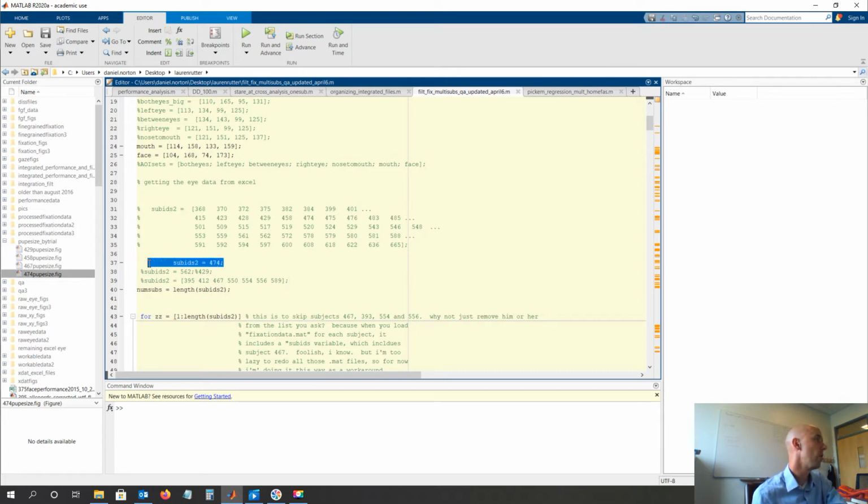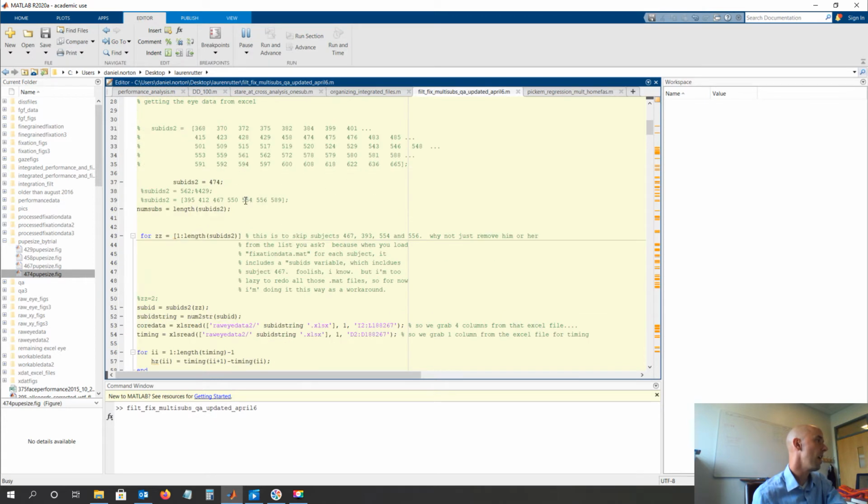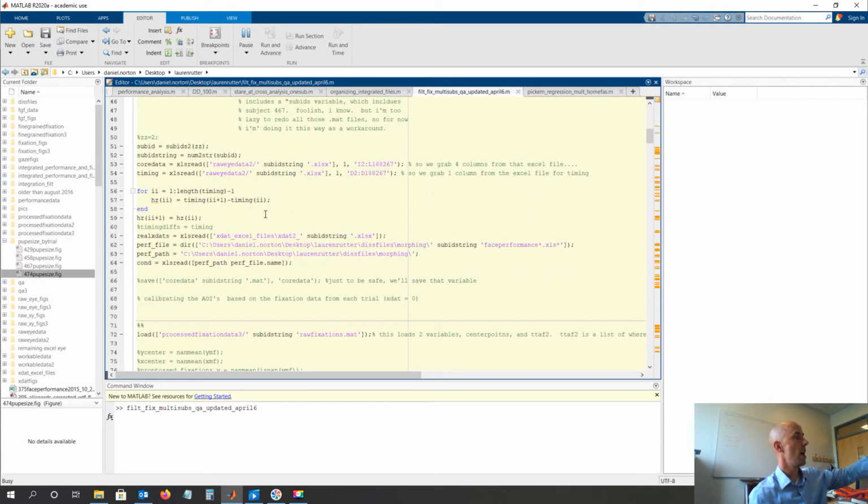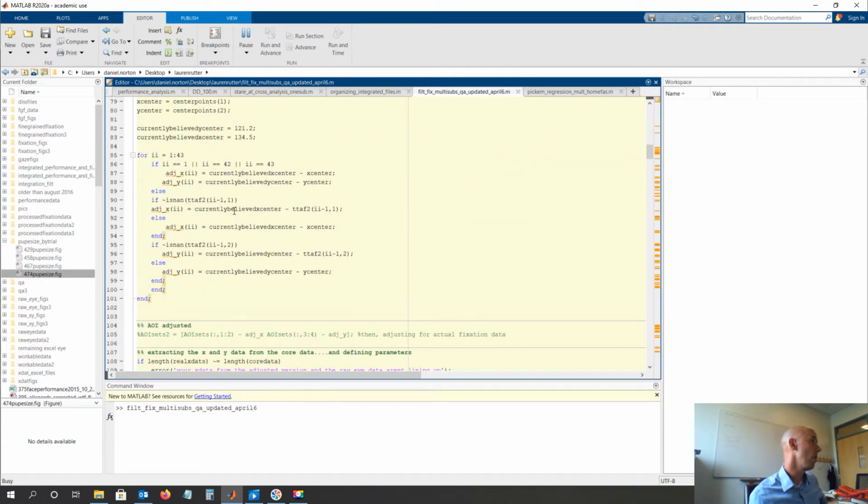And what we can do is, see, I've set the subject ID to be 474. This is arbitrary, it's one subject. And we can run this program. And when we do that, see, it says in the corner here, busy. That's because it's doing all these lines of code here. There's like 500 lines of code.